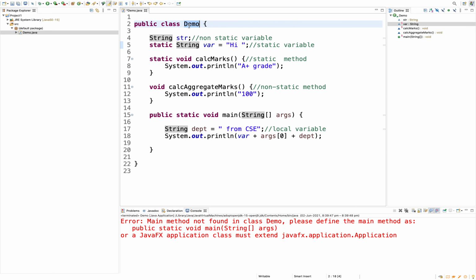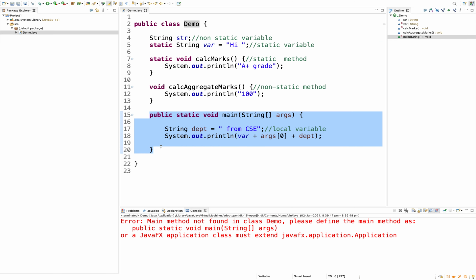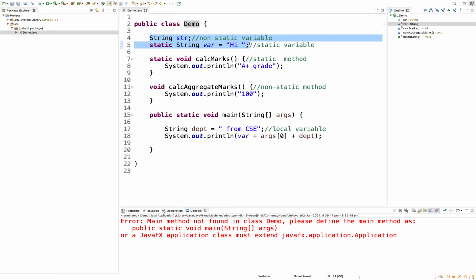This method is at the same level, this variable is at the same level. Variables at the class level are called static or non-static variables, depending on the modifier we have provided. So this one is a static variable. These are the class level variables.